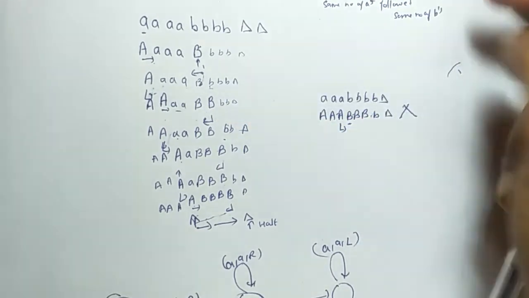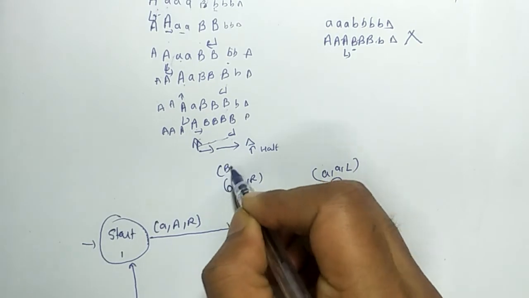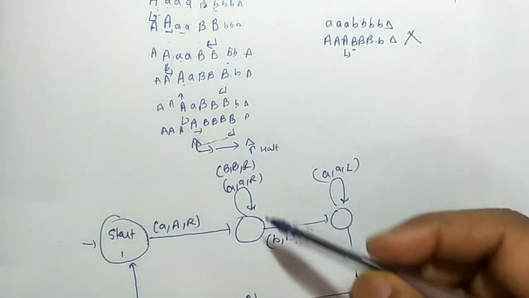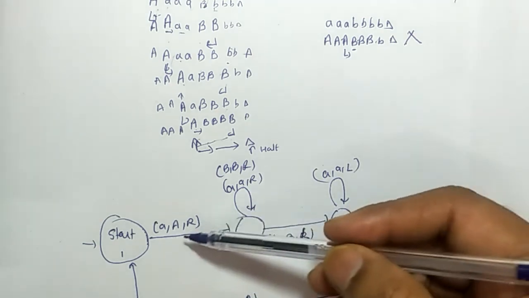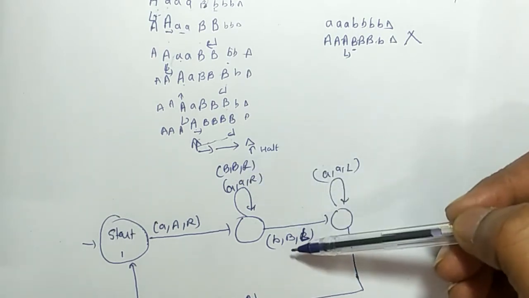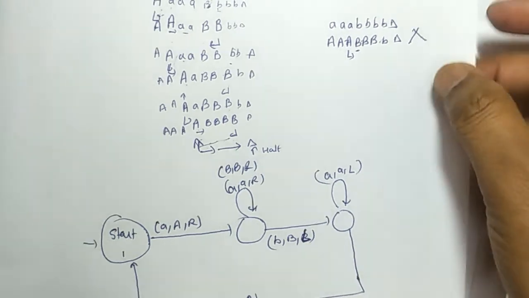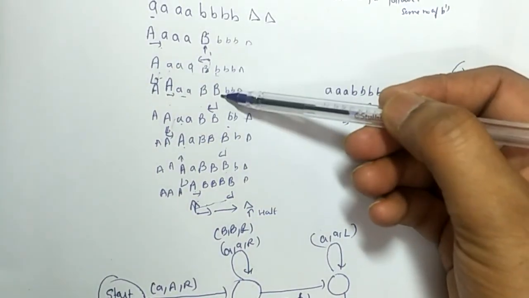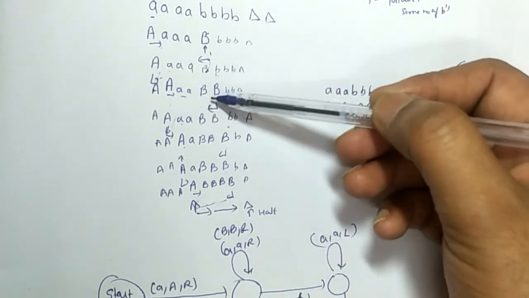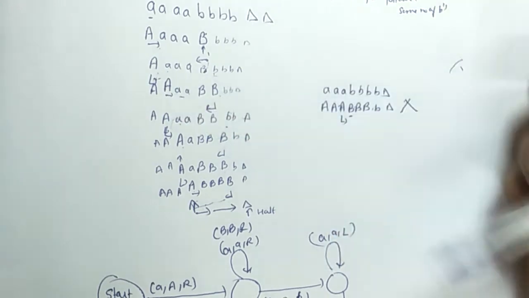So here you will get some capital B's, then you will get a small b. So by moving to the right, after changing this a, you will get a small a, then capital B, then a small b, and similarly you change this small b to capital B, and you change this small b to capital B, and move in this direction till this a. So you will find capital B's, then a small b while moving to the left.